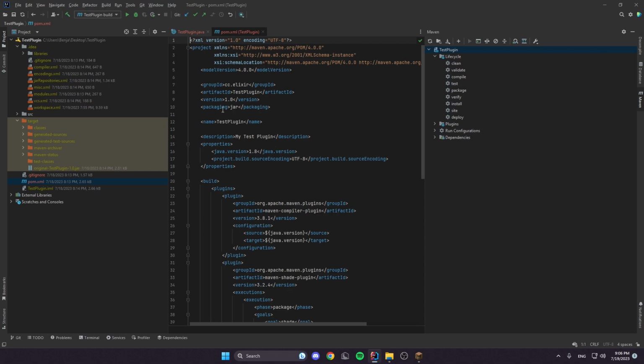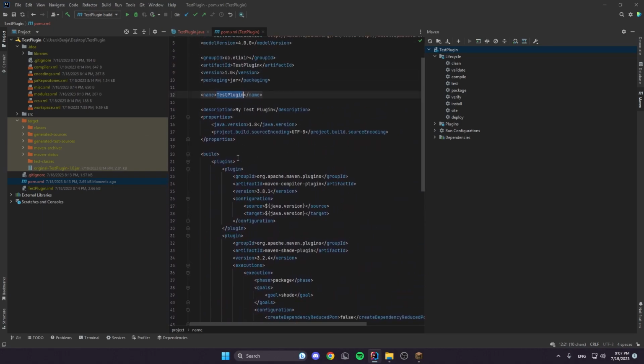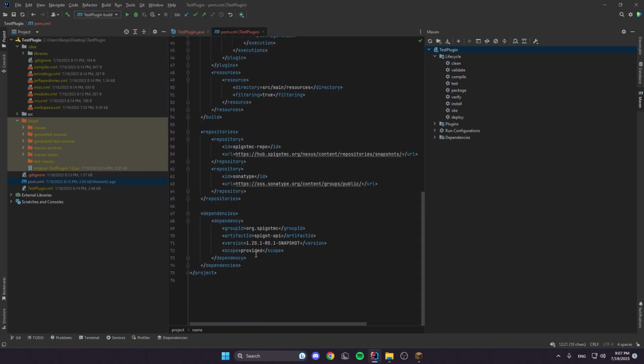But yeah, here you can see group ID, we specified this before. Artifact ID, specified this before. Version, we specified this before. Packaging, that's just supposed to be jar. Name, this is pretty much the name of your plugin. And description, we specified that before. And if you see all of these confusing things, and if we go down here, you can actually go and